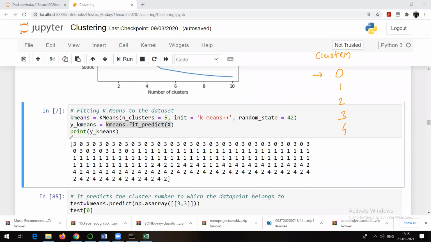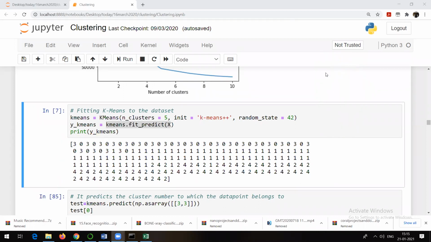Now you can say the first record belongs to the fourth cluster, the second record belongs to the zeroth cluster, the third record belongs to the third cluster, the fourth record belongs to the zeroth cluster, the fifth record belongs to the third cluster, and so on. The last record belongs to the second cluster. You can check the values will be 0, 1, 2, 3, 4 only. Try to understand, this is what our result is. Obviously this is for the complete data set.